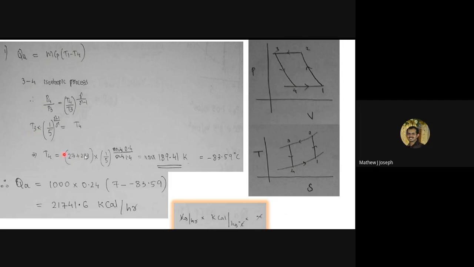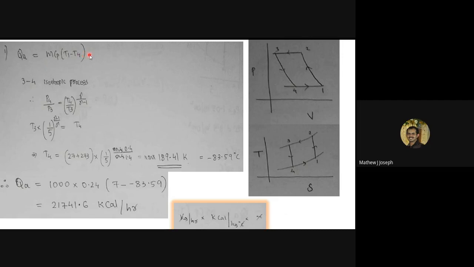First of all, we have to convert it into Kelvin, and multiplying with the rest of the terms, we can arrive at 189.4 Kelvin, which will be nothing but minus 83.59 degree Celsius. So now T4 we have found out. So substituting the value of T4 here, the QA or the heat absorbed during the cold chamber will be